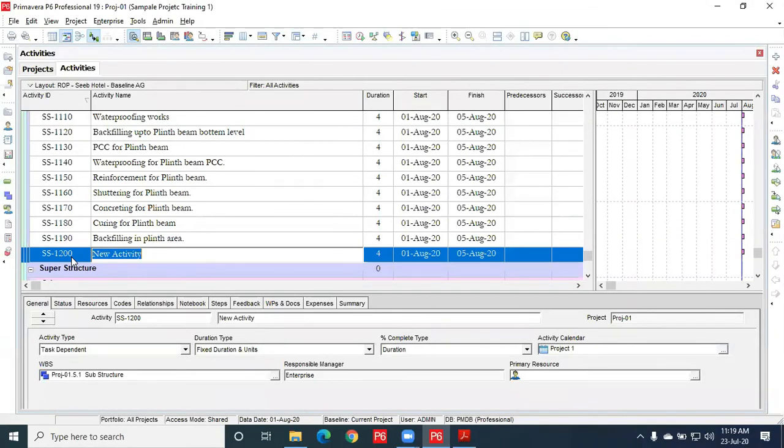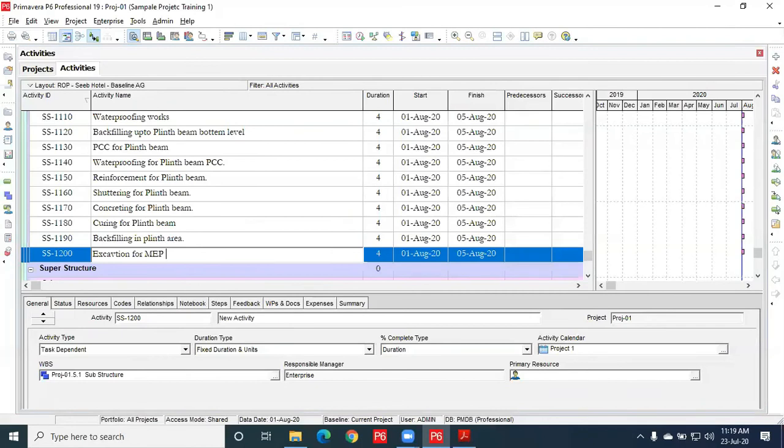pipes, like drainage pipe, and any other duct required for cable and all. So excavation for MEP pipes. We cannot do it before backfilling in the plinth area because while doing compaction and all, these pipes may get damaged.